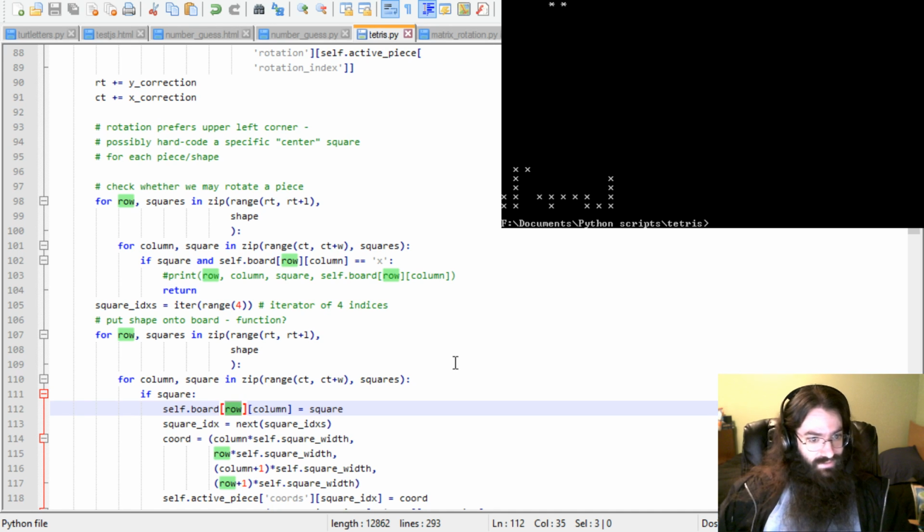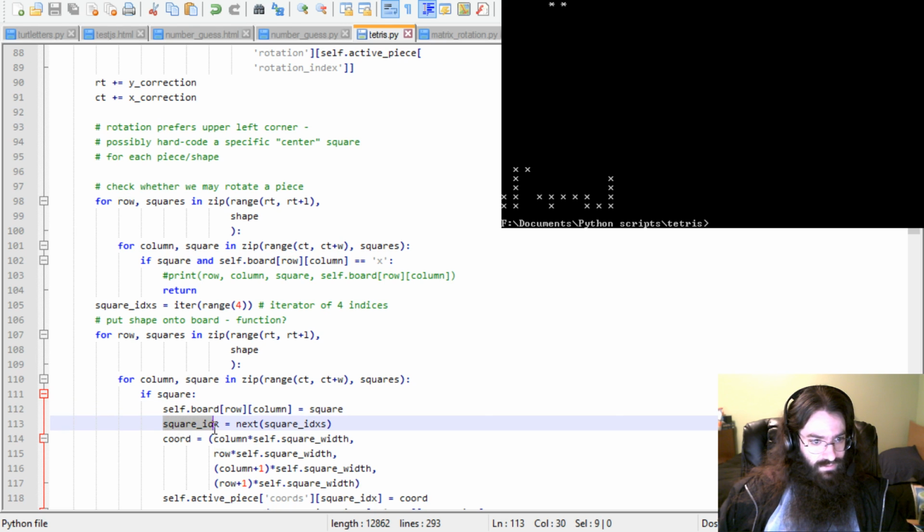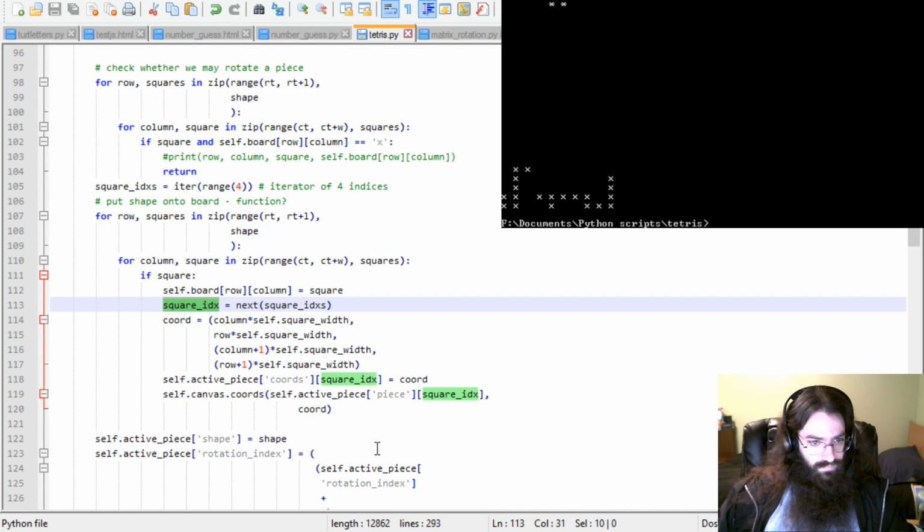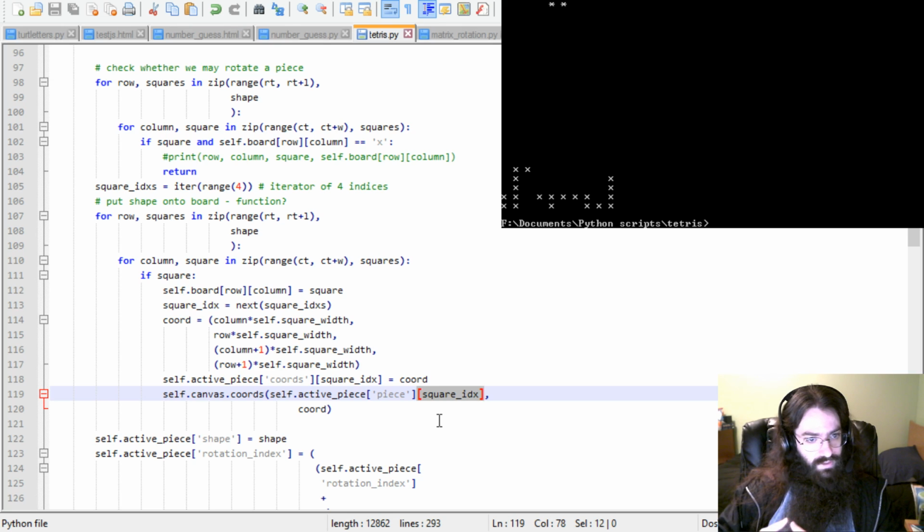I broke everything. Wasn't doing that last time. It looked a little weird, but it wasn't putting pieces in the wrong places. We get the next square index. Okay. We change the coordinates for a piece. That's square index. So, and the self.active piece